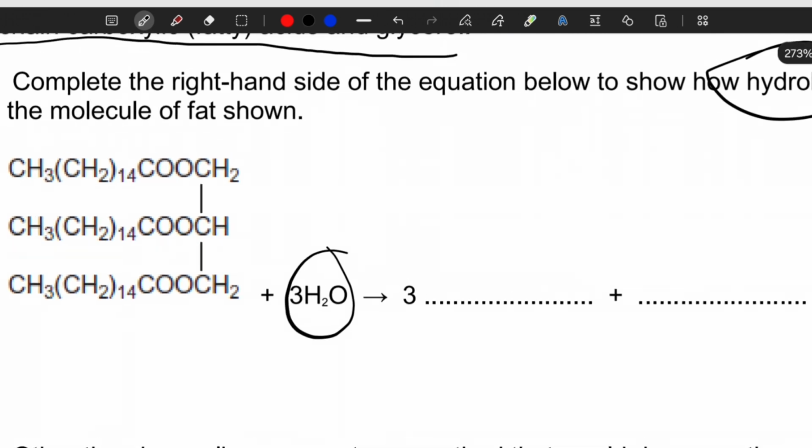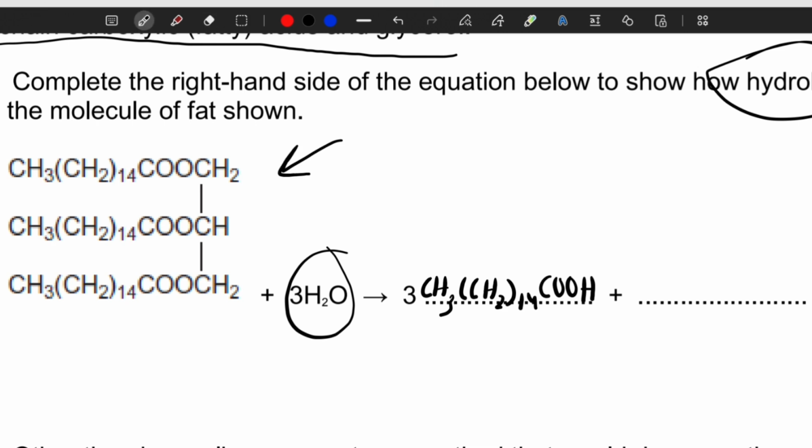Okay, it would be CH3 CH2 14 COOH. Now the reason for this is because in this ester here,